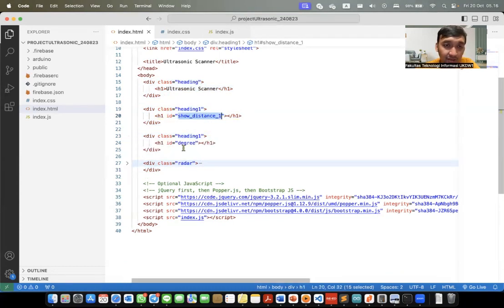And the third part is the degree, the degree from the motor servo. The motor servo is moving, sweeping at different degrees, and at a specific degree, the ultrasonic sensor measures the object distance.